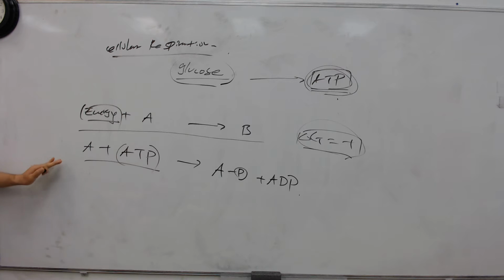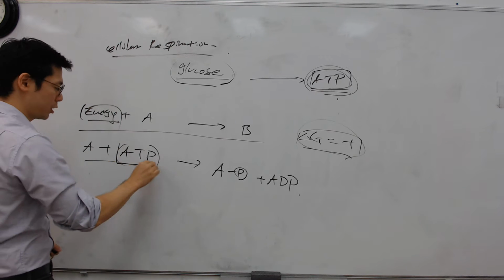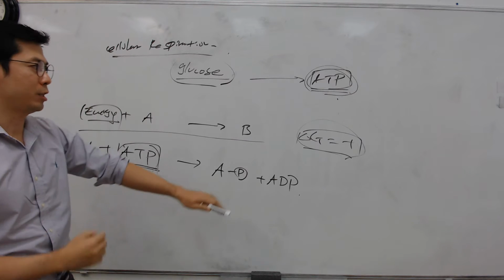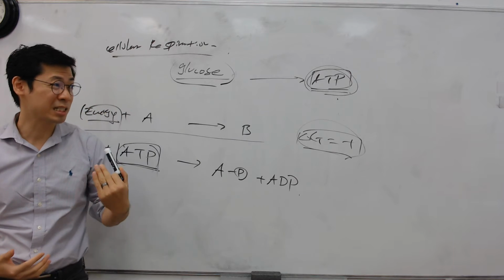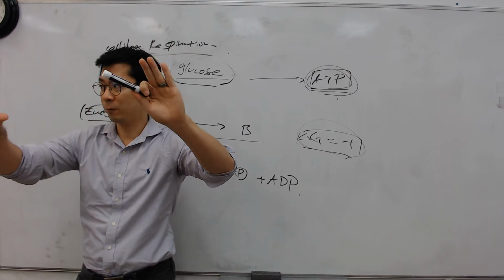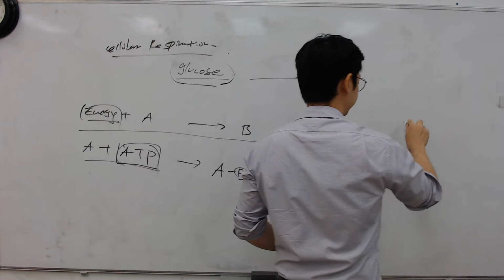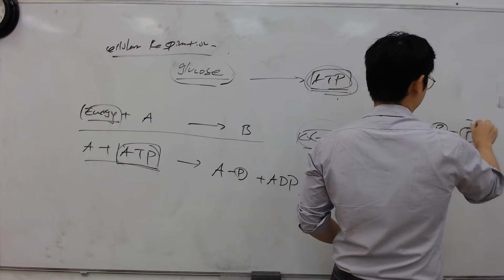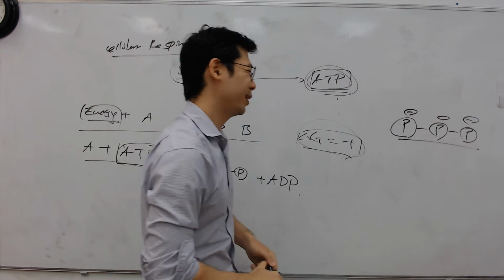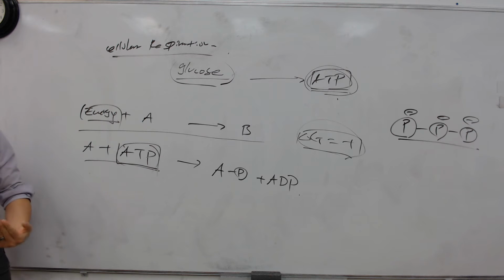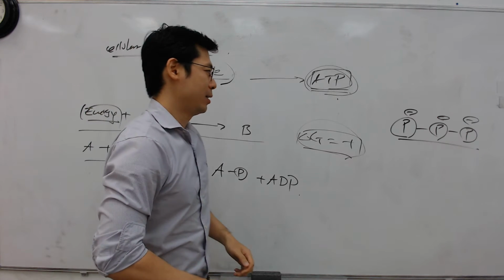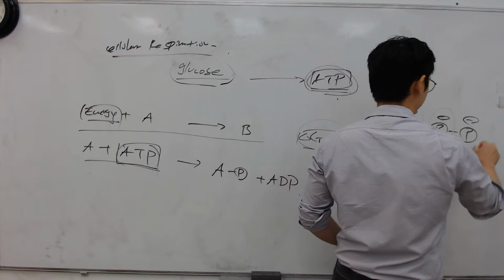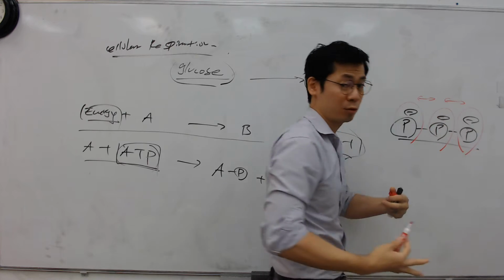Again, you have to understand why ATP is utilized as a currency of energy: ATP has relatively unstable phosphate groups. If you look at it, phosphate, phosphate, phosphate, these are a triphosphate. These are all negatively charged, or they have highly electronegative oxygens on them. One thing you should know is that if negative charges are lined up like this, they tend to repel each other. They tend to push away from each other.